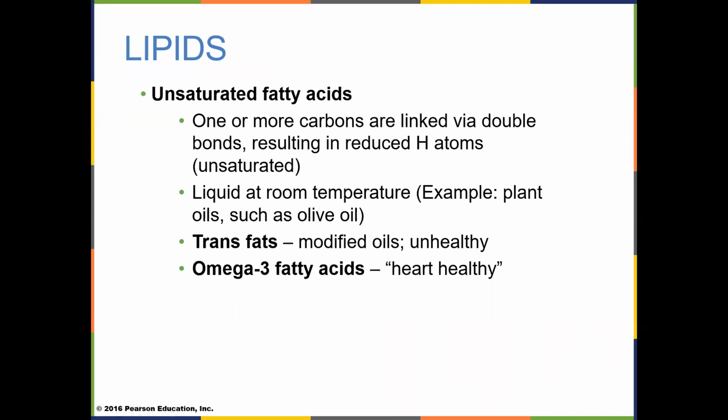The unsaturated fatty acids have a double bond present. All plant oils are going to be unsaturated. They're not going to have all the hydrogens there. They're going to have their double bonds. A good example: olive oil, or corn oil, or canola oil, or sunflower oil, or safflower oil, or just plain old vegetable oil, which is a mixture of corn oil and something else, or maybe just another name for corn oil.